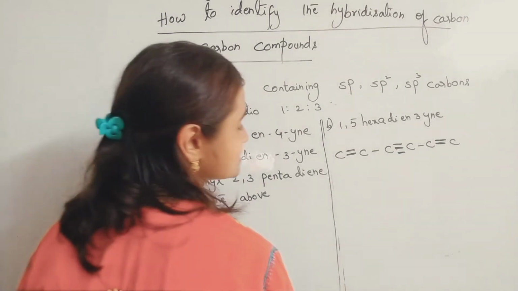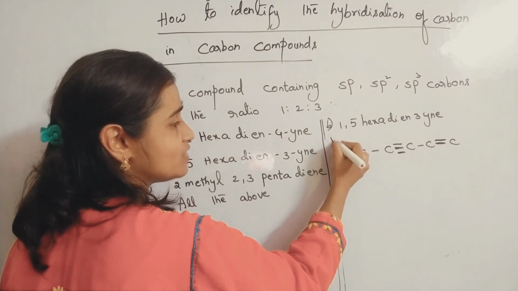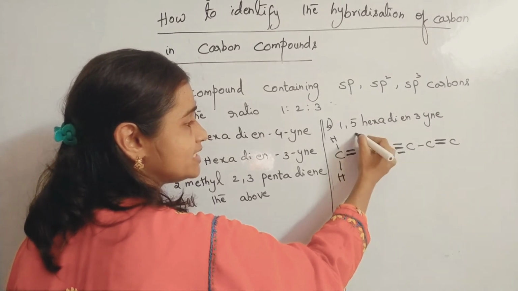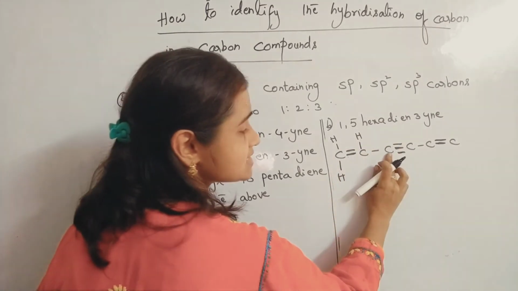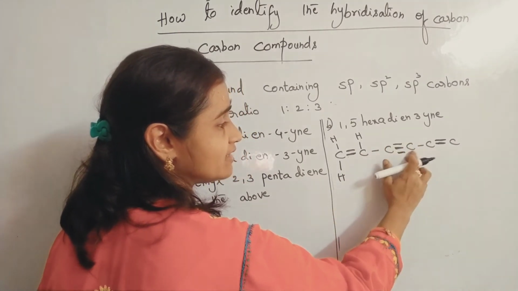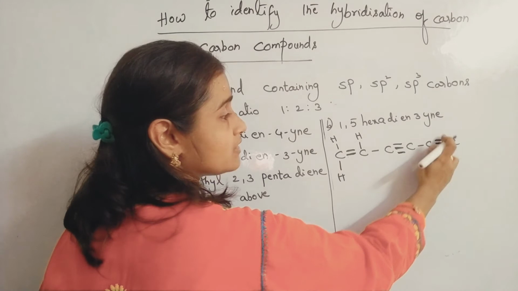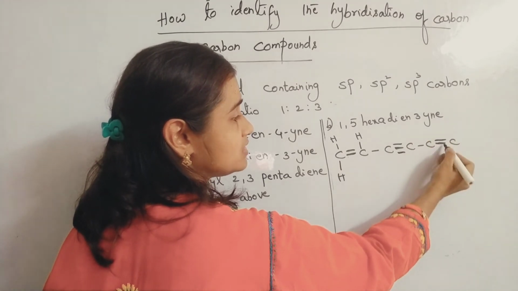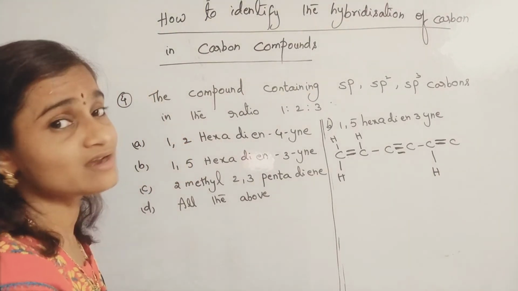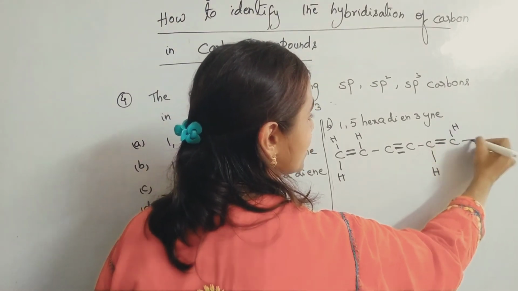Now we have to attach all the remaining hydrogens. Here 2 bonds are fulfilled, so 2 hydrogens more. For this carbon 3 bonds are done, so it is to be attached with 1 hydrogen. For this carbon, 1 on this side and 3 on this side, so no hydrogens are required. For this carbon also, 3 on this side and 1 on this side, so it doesn't require any hydrogens. Now for this carbon 3 bonds are already done, so it requires one more hydrogen to satisfy its tetravalency. And here 2 bonds are done, so it is to be attached with 2 hydrogens.